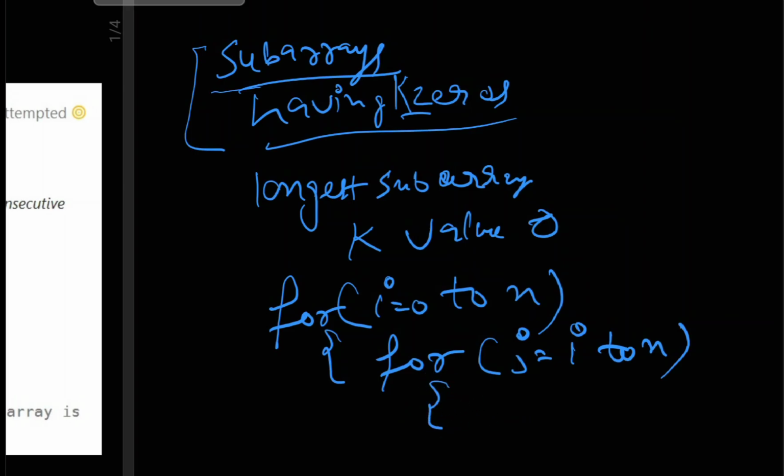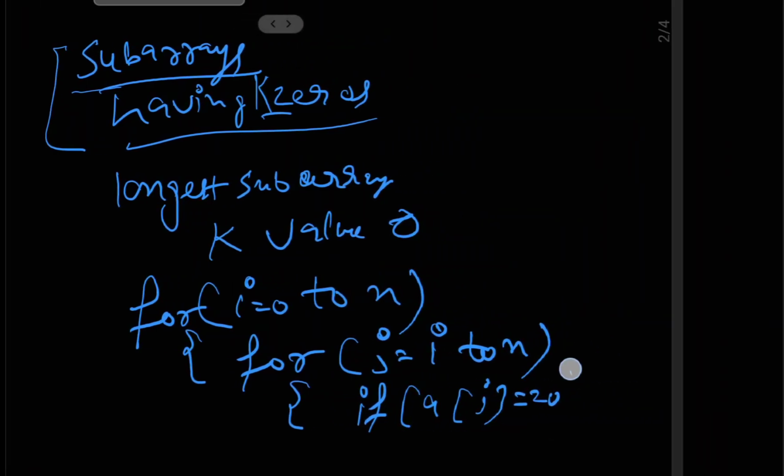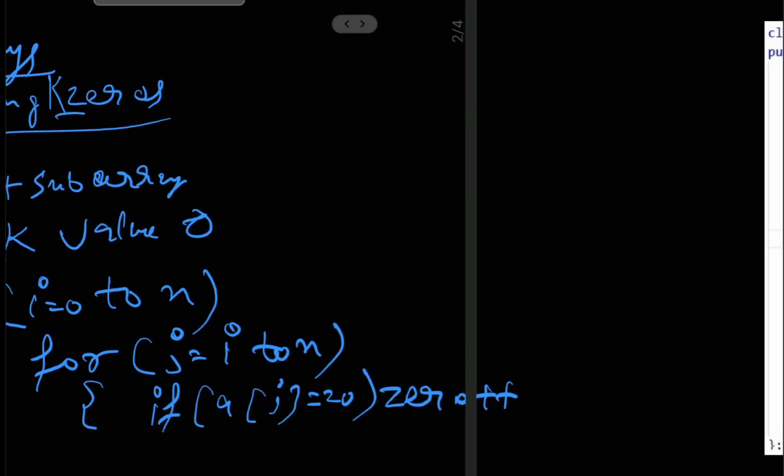In this scenario, I am taking every possible subarray. I am not applying any condition yet, and I will check if nums of j equals 0, then I will say zeros plus plus. After doing this, I will check if my